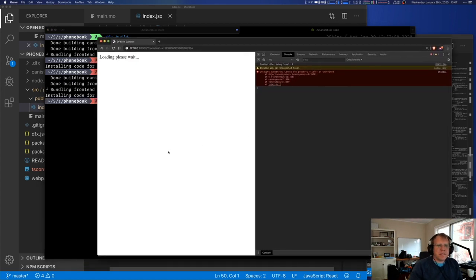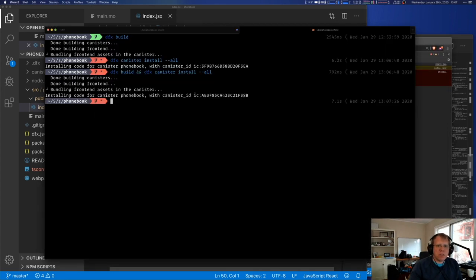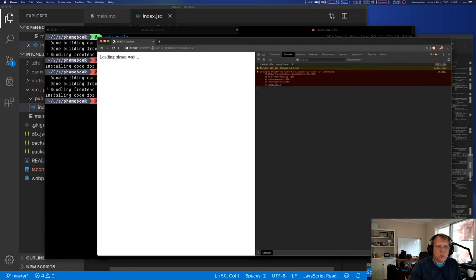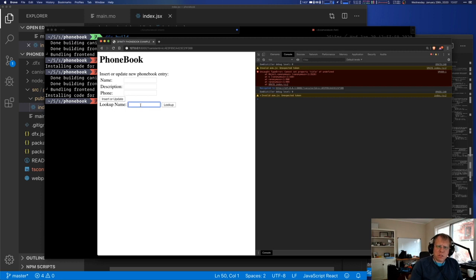Okay. Installing code for this canister ID. So we pass it as a canister ID here. There you go. Oh, that looks good. If I do Hans and look it up, it's an array of null. And if I do name Hans, description yours truly, and my phone is